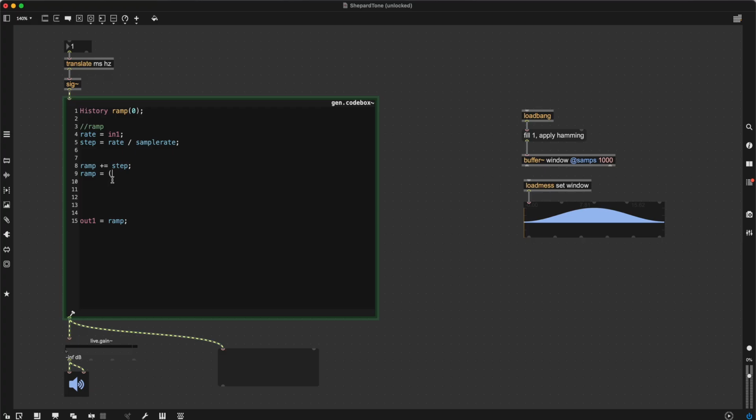So we can say ramp equals the wrap function, ramp as an input, and then wrapping it between 0 and 1. So every time we go above 1, we'll start again at 0. And now you can see, okay, 1 millisecond is maybe a bit short. You know what? I'm going to